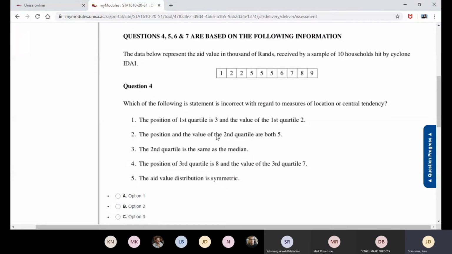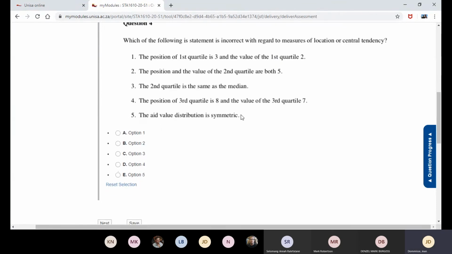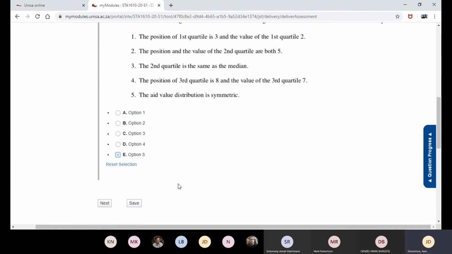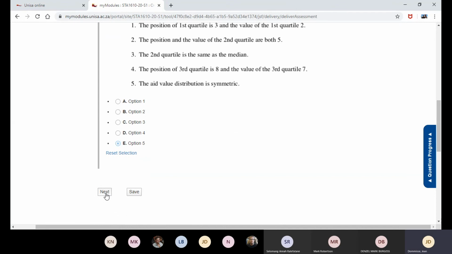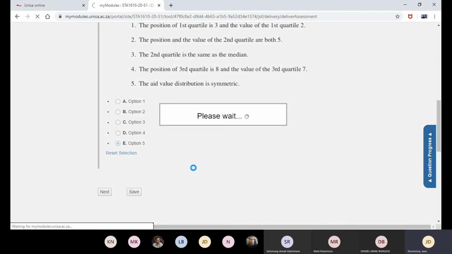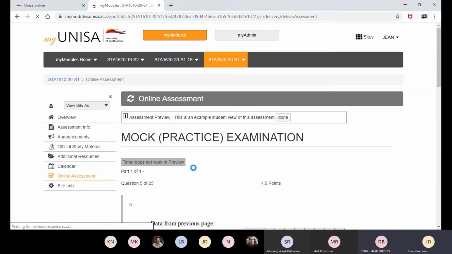I know 2 feels a bit off, I worried about 2 as well, but 5 is definitely for me the one that I would have said is incorrect. Yeah, I agree with you on that one. I was wondering, so if I now say,